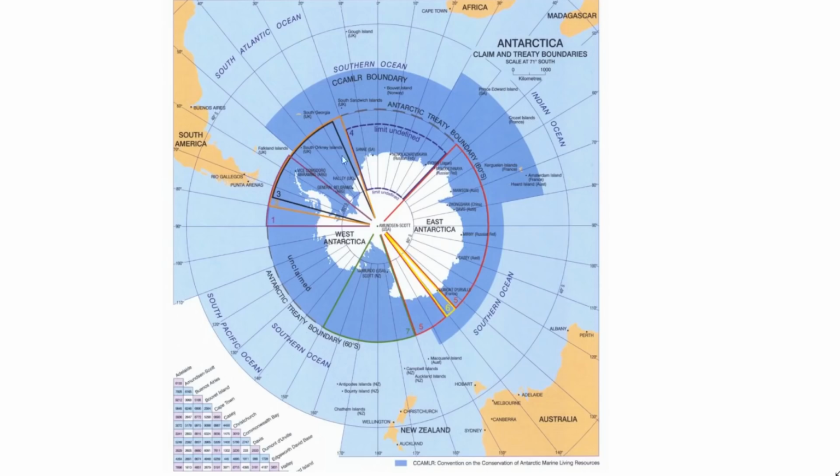Now these territories are designated in the Antarctic Treaty, just between a few countries. It doesn't mean that the rest of the world agrees with them. It's just that these countries decided between themselves where they would draw their boundaries. And what's interesting here is we have in what's called West Antarctica unclaimed land. So this massive section here doesn't belong per se to anybody. I suppose you could call it no man's land or free land. So if any exploration was to take place, then this would be the place to enter.